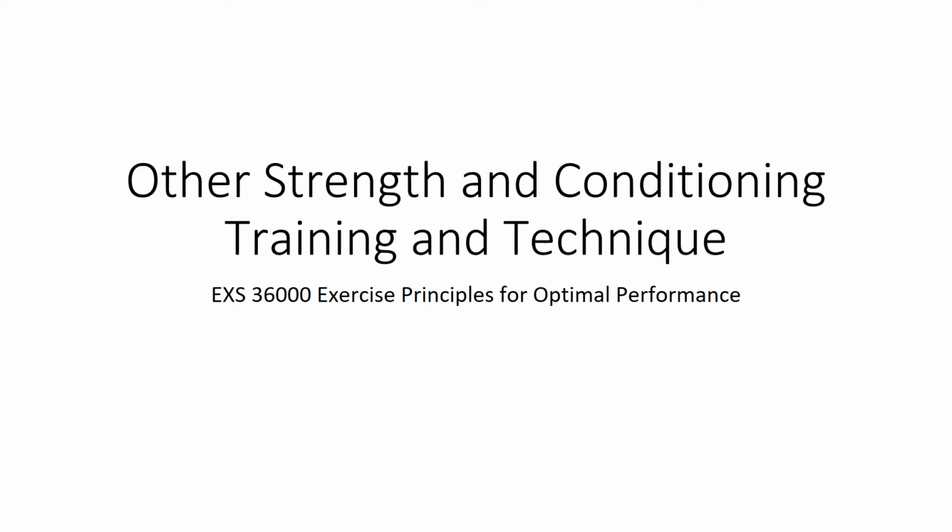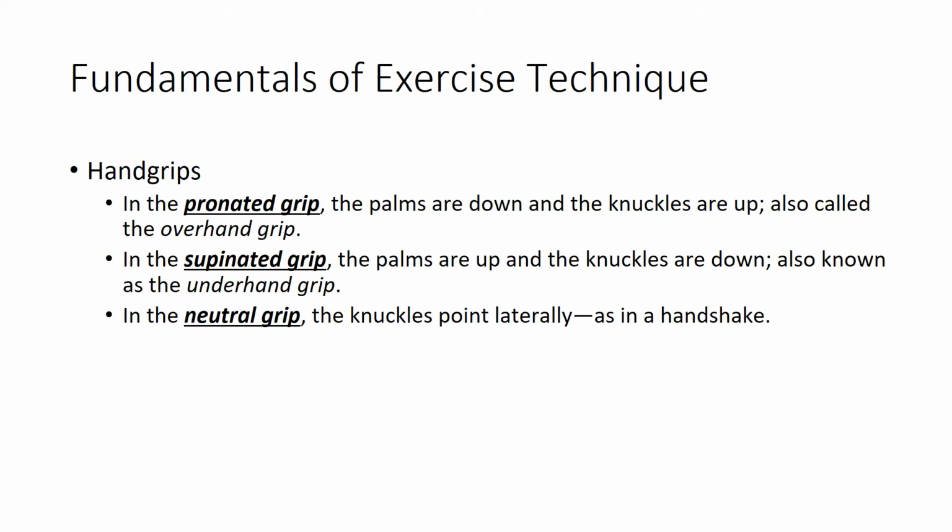This week, we will be looking at different strength training strategies to utilize when developing programs and learning proper technique for safe and effective lifting. So let's first talk about exercise technique. At the very beginning, most free weight and machine exercises involve some sort of hand grip on a bar,